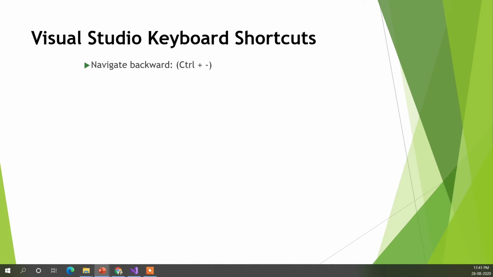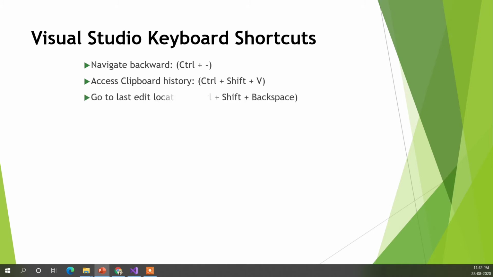So this is for navigate backward. If you have tabs, you can navigate to the last tab used. Access clipboard history: you have many requirements where you need to copy paste different things all over again. So you can copy all the items you need, and then access the clipboard and paste according to your own need.